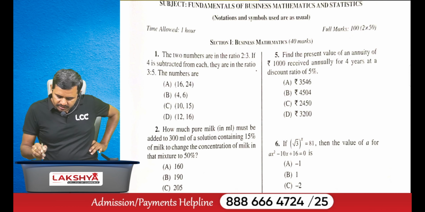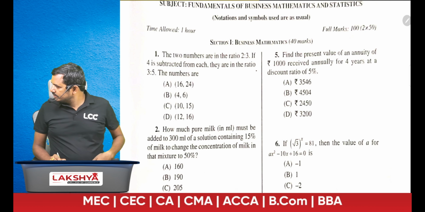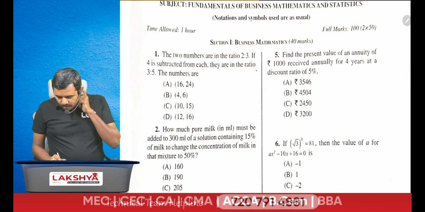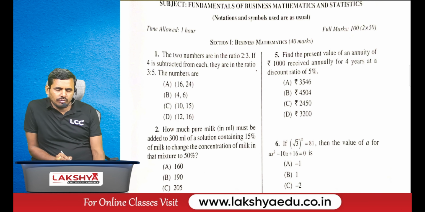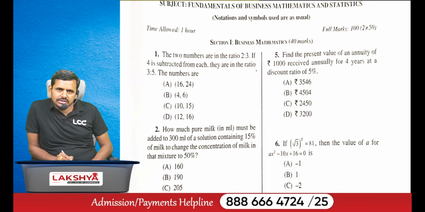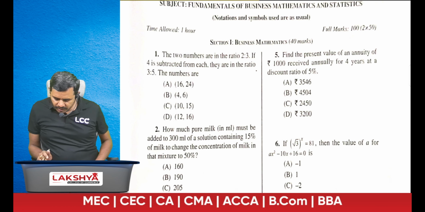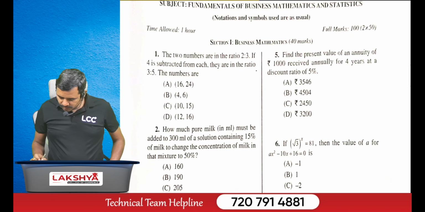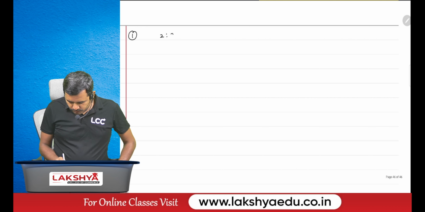The first question is: two numbers are in the ratio 2:3. If 4 is subtracted from each, then they are in the ratio 3:5. Then the numbers are? Actually, this can be done in two ways. Just by verifying the options, it is easy to get the answer. Otherwise, the solution: two numbers are in the ratio 2:3, which means the numbers are